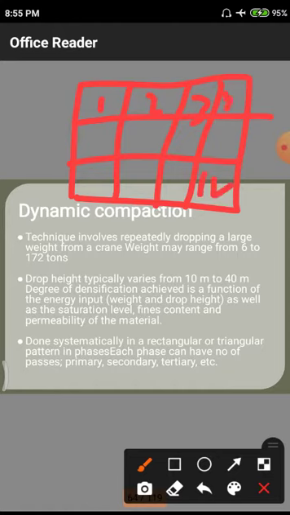For each classification, that means for one part, we need to have some sort of droppings. So due to those droppings, we are having some sort of freedom on that particular area. Likewise we need to do this on each and every part, so that we have some sort of classification in the shapes of rectangular or triangular or circular patterns.